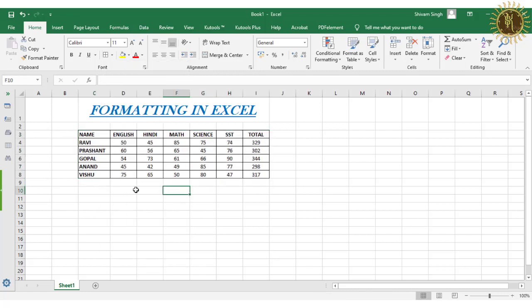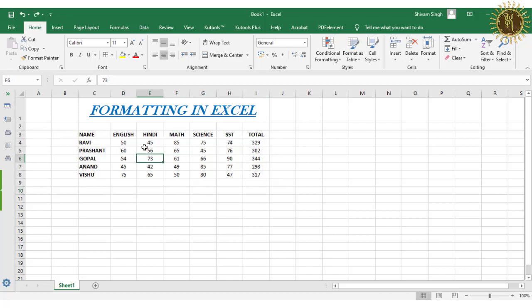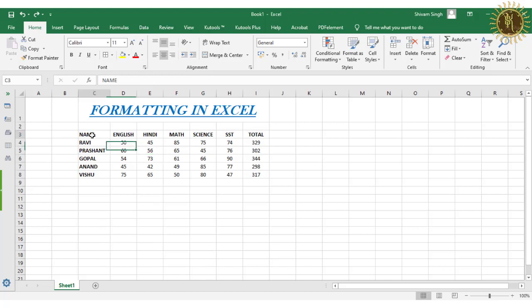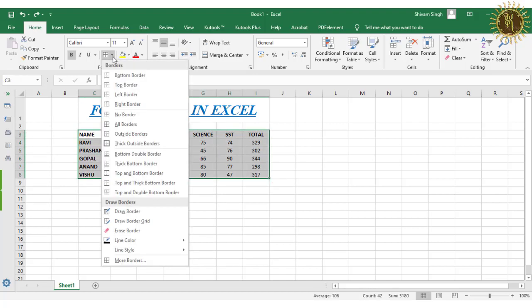So you can see this table, borders have been applied to all cells. Then after that there is outside borders, meaning if you select the whole table, the border will apply to the outside.